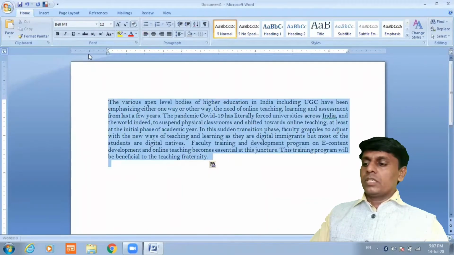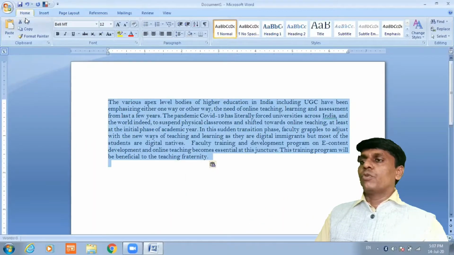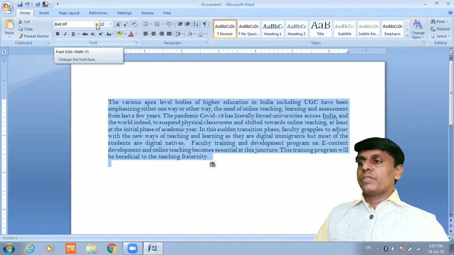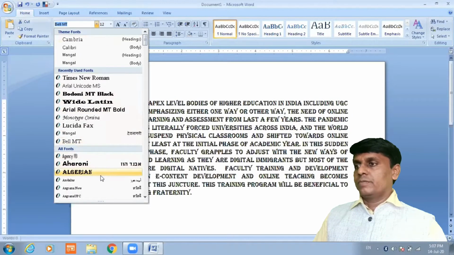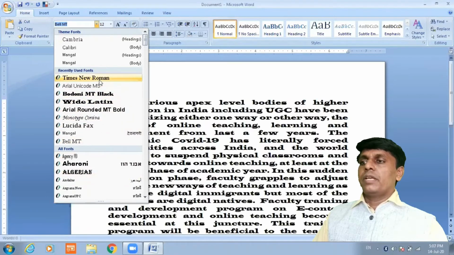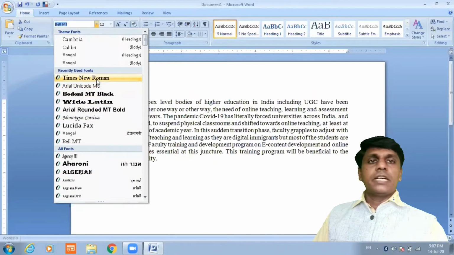For select all, Control plus A. Then go to the menu bar. The first button is Home, under which are some of the important and basic features. The first of them is the type of your font. For example, here are a number of types, and usually we use Times New Roman.